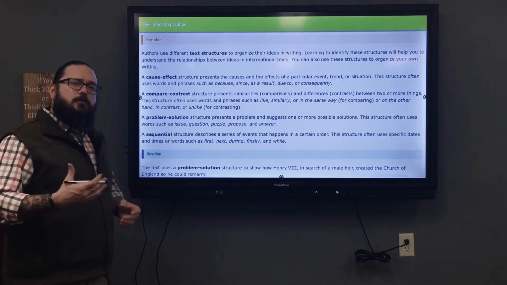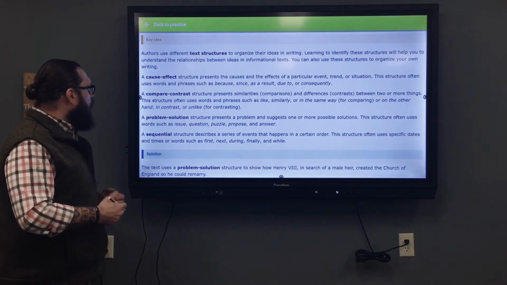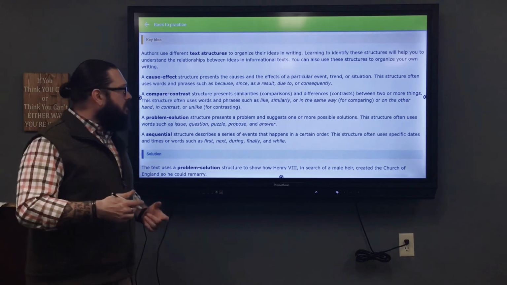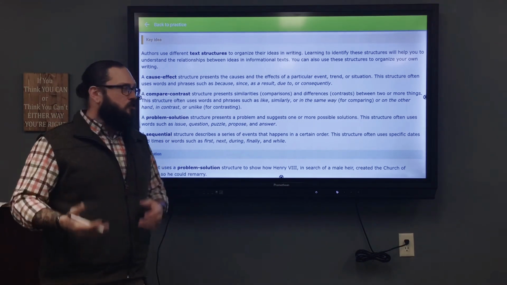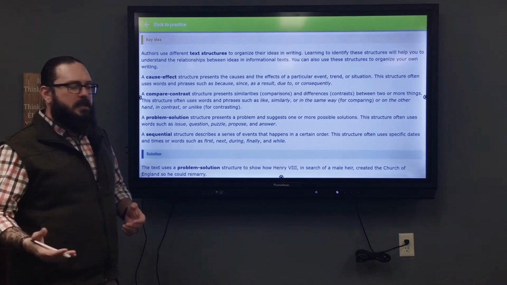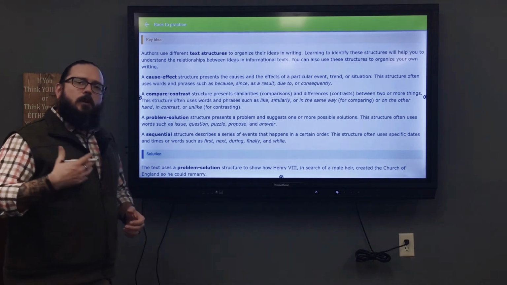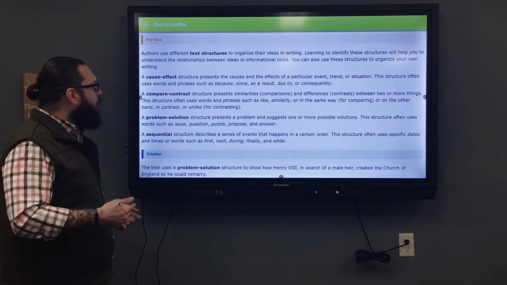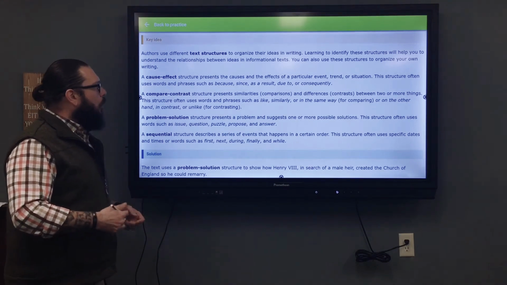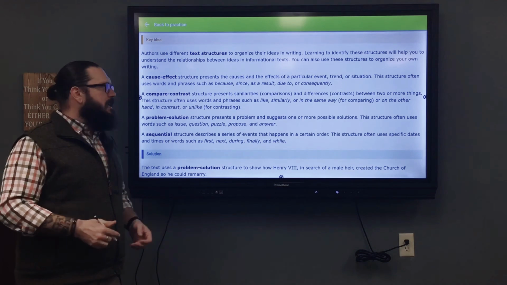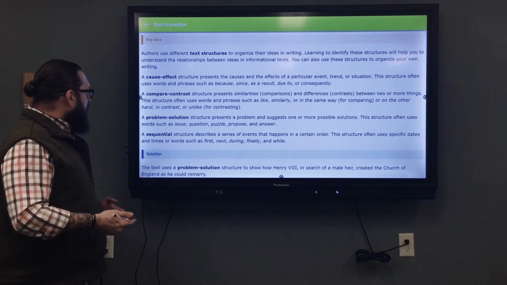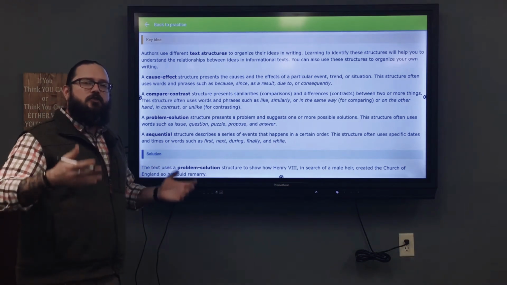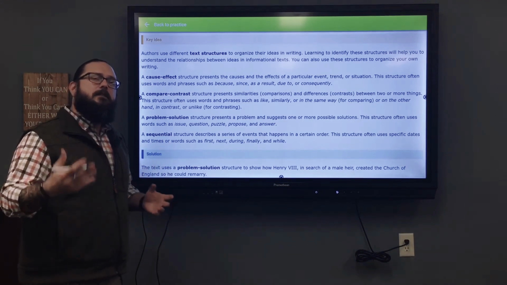The next text structure that you will encounter is compare-contrast. And what this does is it presents similarities and differences, or comparisons and contrasts, between two or more things or ideas. Some signal words to be familiar with to identify the compare-contrast relationship include like, similarly, or in the same way when a comparison is being made. On the other hand, in contrast or unlike are signal words used when a contrast or the differences are being